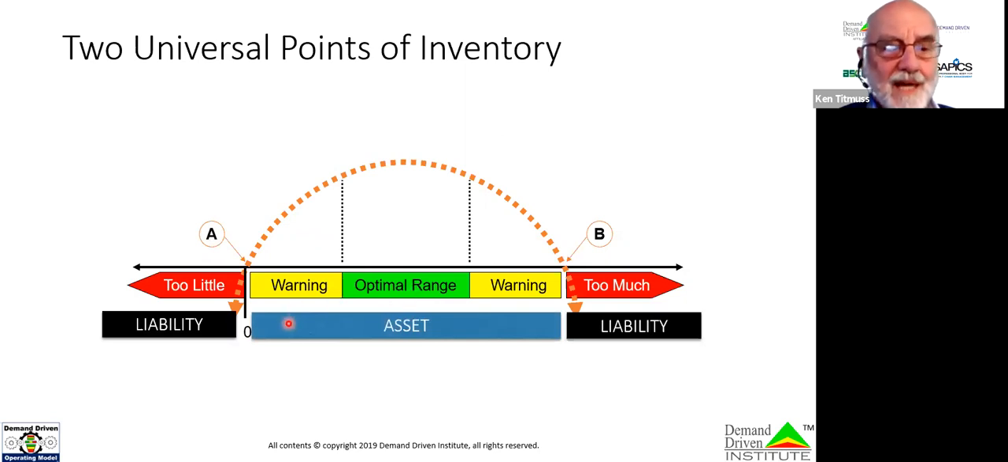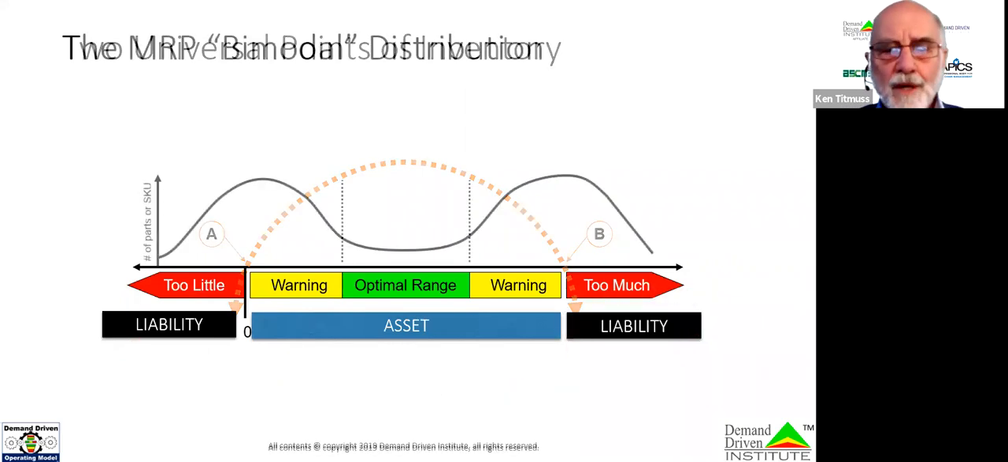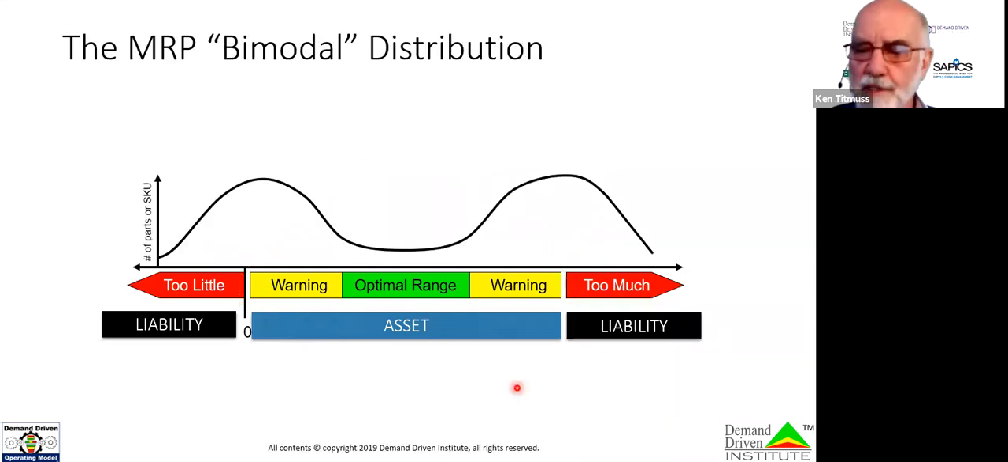So inventory is an asset if it's in this area here, but it's a liability if the on-hand balance is sitting in these two areas over here. And what happens when we go and analyze warehouses, and I've done quite a few of these, is that we find